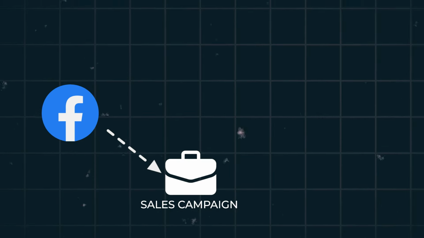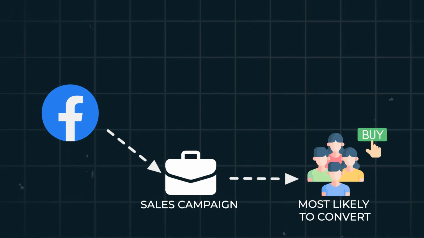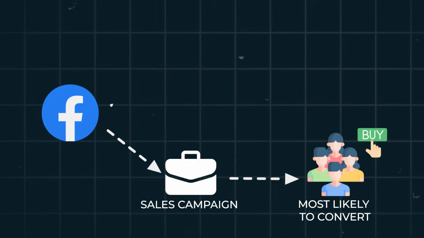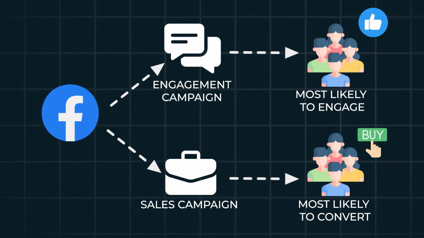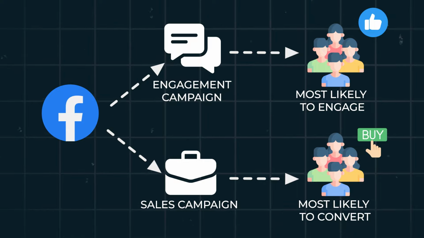convert better every time. The difference in the campaign objectives here is that Facebook will show the ad to people within your selected audience who are most likely to convert, unlike the engagement campaigns where they show the ad to people within your selected audience who are most likely to engage. By selecting the sales or lead campaign, you're letting Facebook do some of the heavy lifting for you and finding